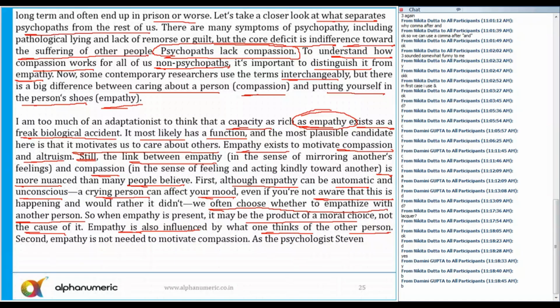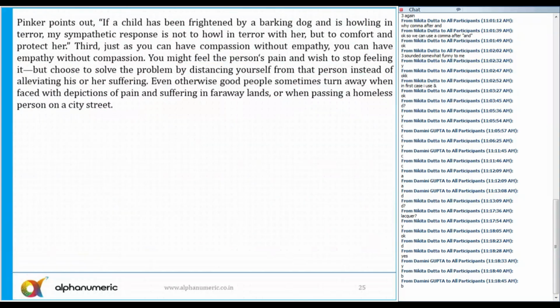Second, empathy is not needed to motivate compassion. If you want to care about somebody, you don't necessarily have to put yourself in that person's shoes. He gives you an example. If a child has been frightened by a barking dog and is howling in terror, you will show compassion. You will not also start howling in terror with her. You don't put yourself in the child's shoes and start howling in terror. You don't show empathy, but you comfort that child, you protect that child,